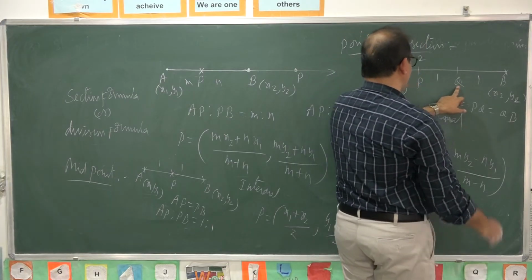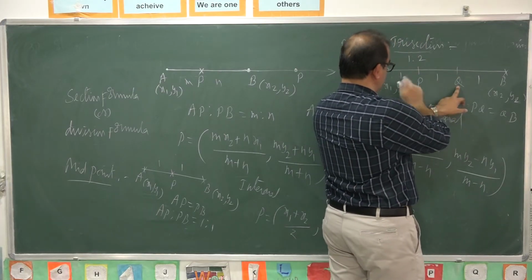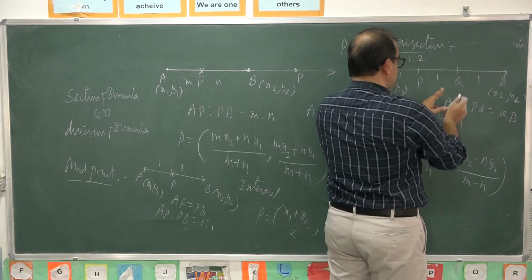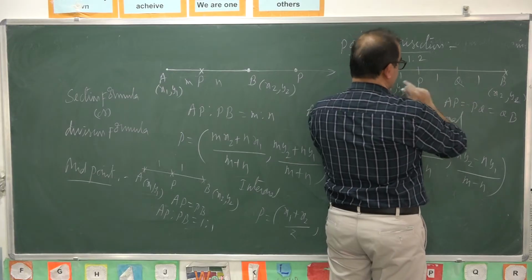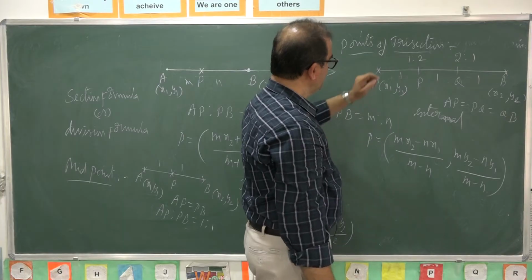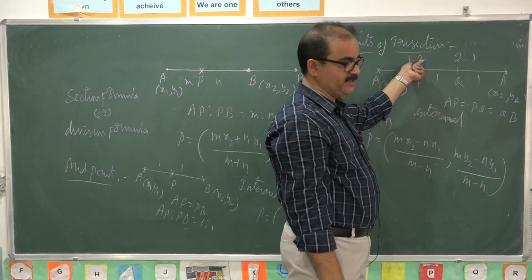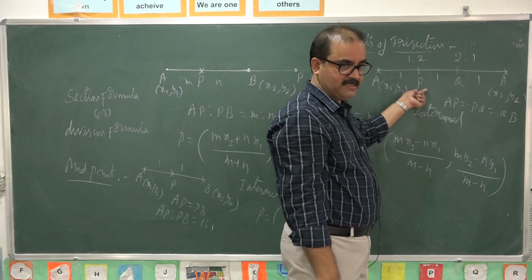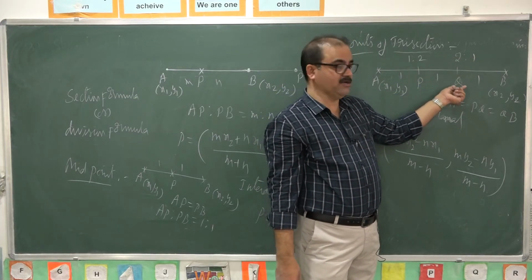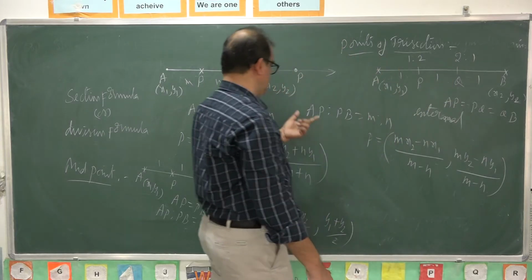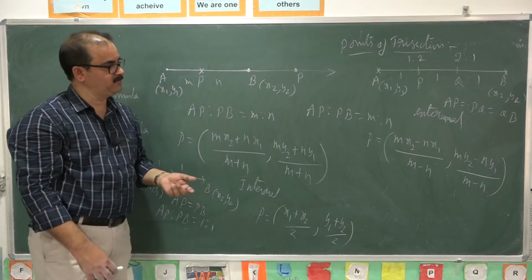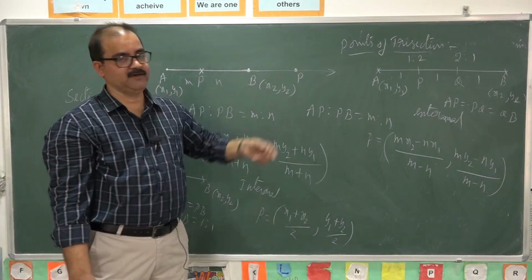Now Q, there are 2 parts left to Q and one part right to Q. Now Q divides AB in the ratio 2:1 internally. By using this ratio 1:2, we find the coordinates of P. By using this ratio 2:1, we find the coordinates of Q. On applying this formula, we observe one problem: how to find the points of trisection.